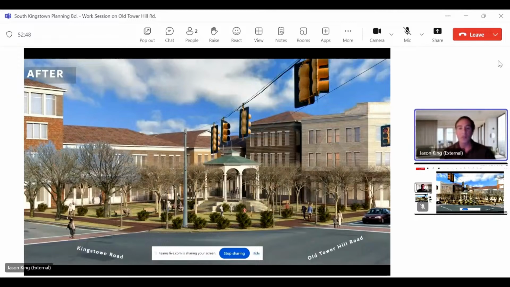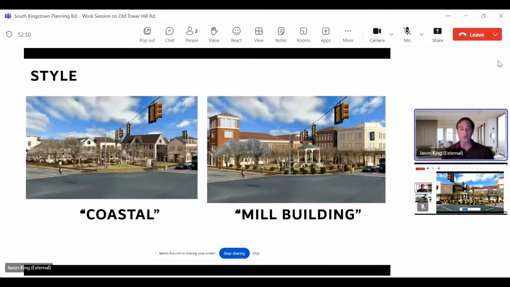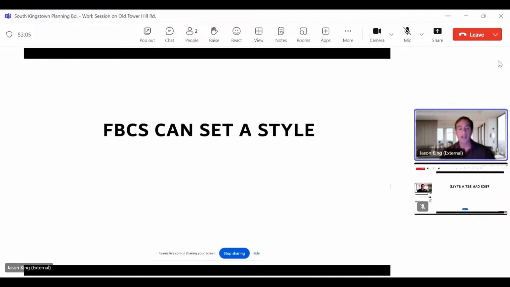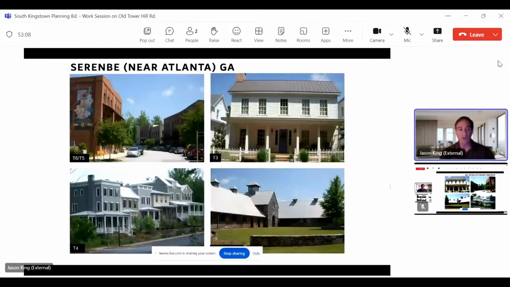Anyway, we talked about how it would be important for South Kingstown to allow both. As long as there's a unity within the single project, your form-based code, if you choose to get into the style question, should probably allow both. And yes, form-based codes can very much set a style.